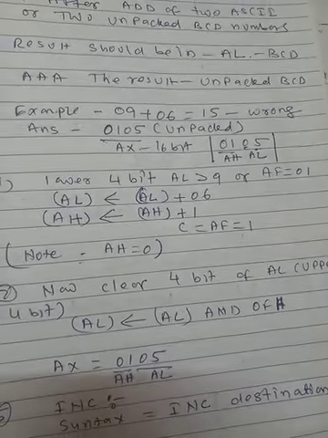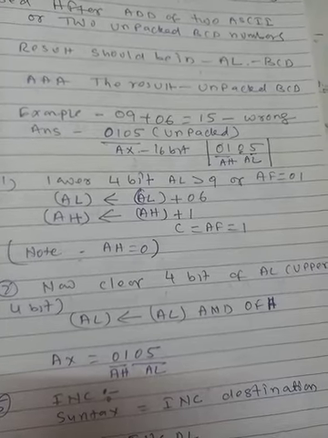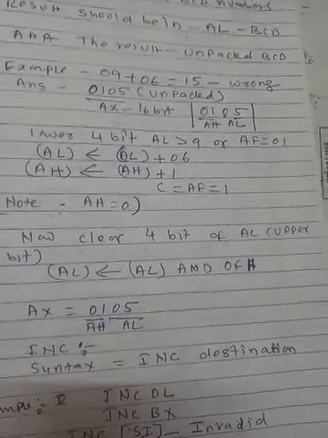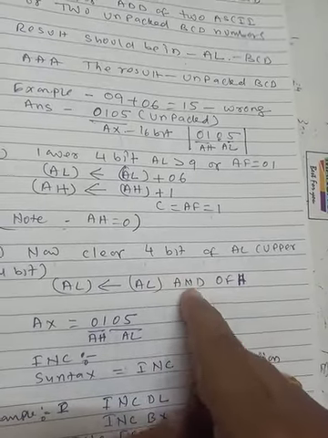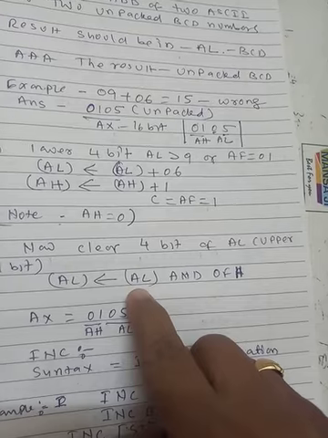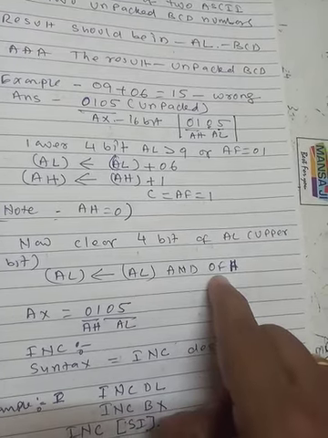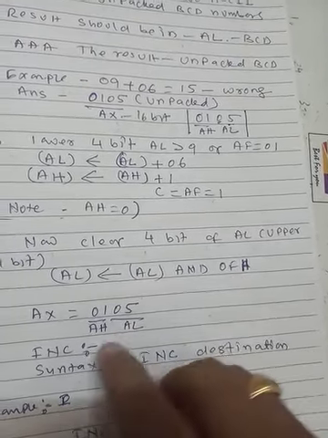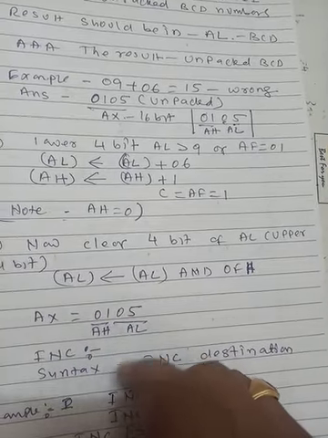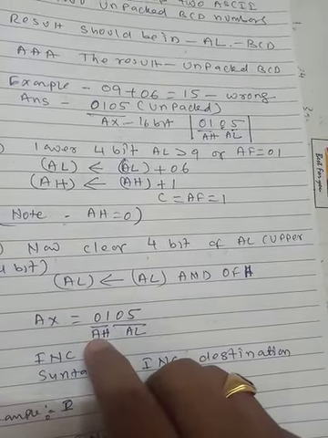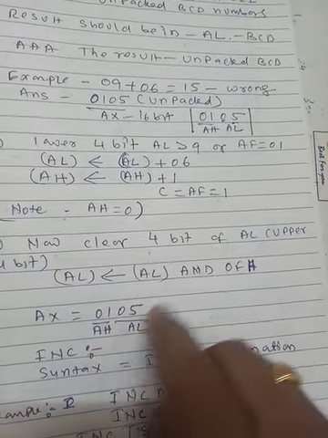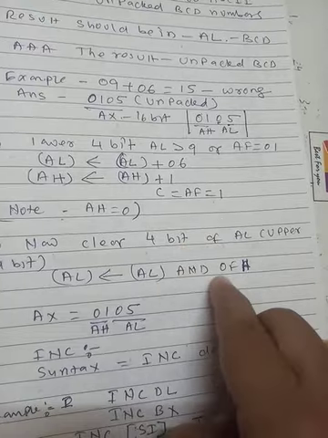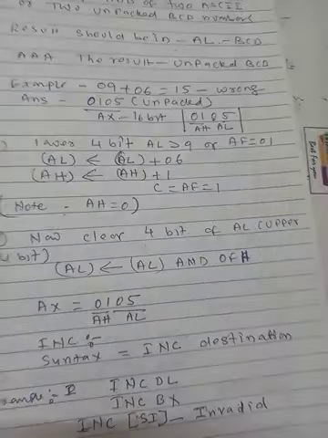Okay, the 5 has to be represented by 05. So to make 05, what we are doing, we are ANDing. This is one of the logical instructions, AND. Okay, so AL 05 and 0F, so that makes 01 and 05. Are you getting? So 05 here in AL, 01 in AH. This is an AND operation, logical AND operation.